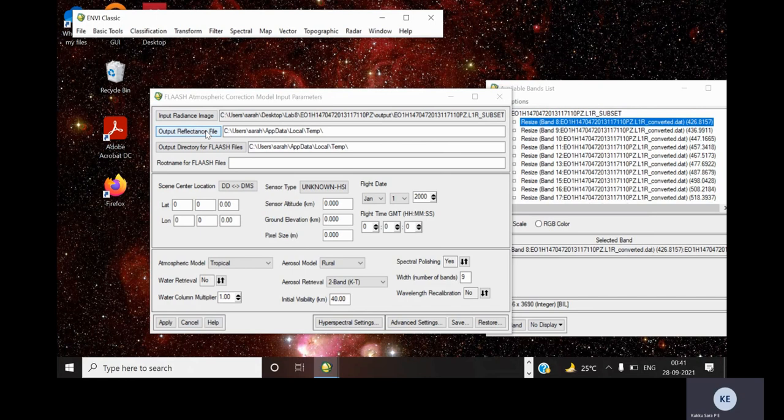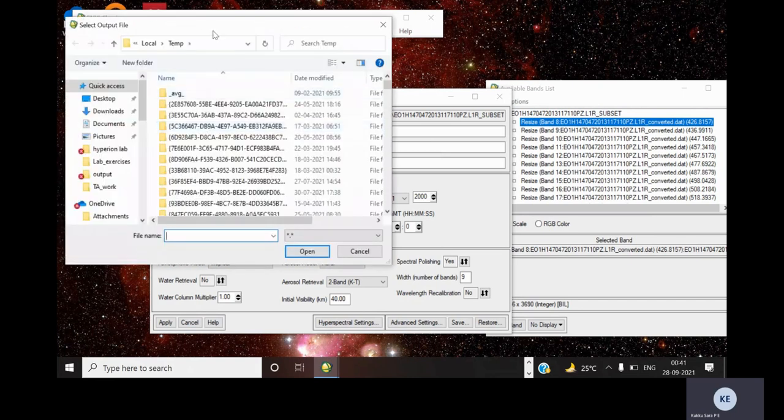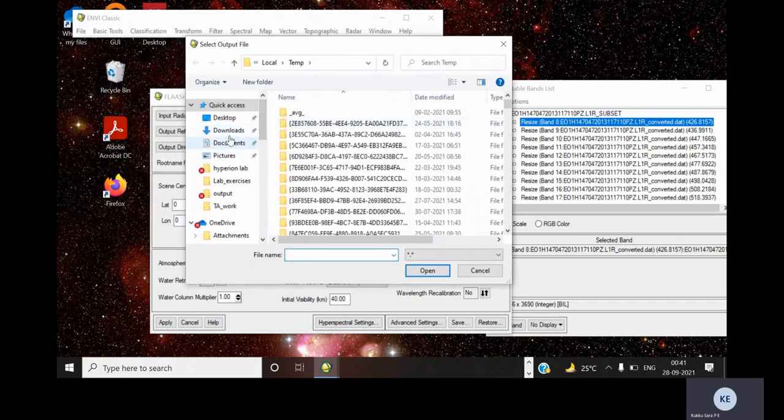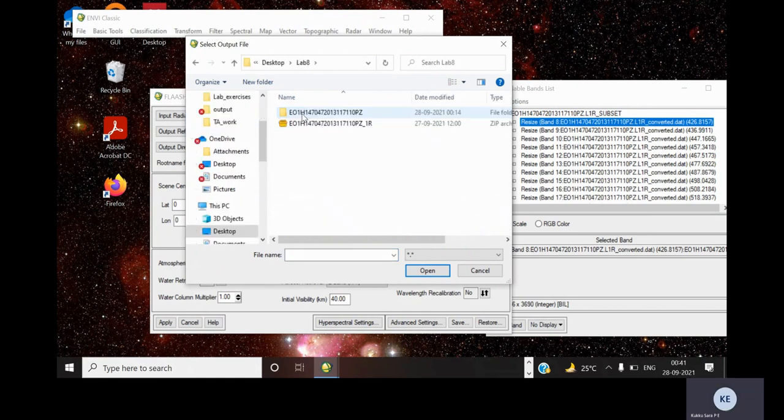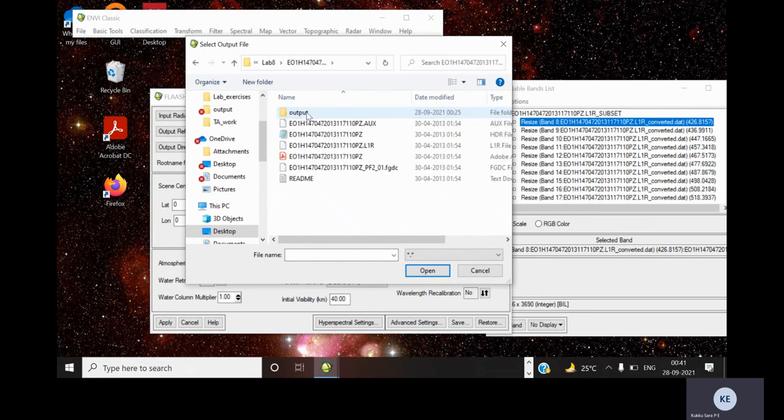Now we'll select the output reflectance file location.